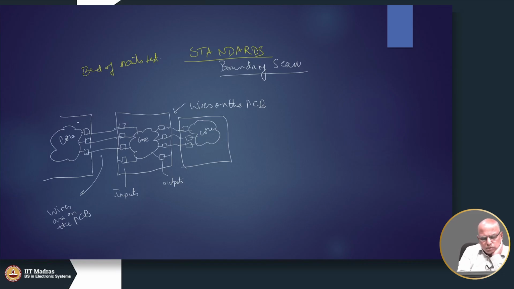So, in the normal mode, this particular core will send data to this core, and this core may send data to this core, things like that. So, they are working like this in the normal mode. Now, if I want to activate a fault here, suppose it is a digital core and I want to apply a test for a stuck-at fault here, then the ATPG tool will tell me that you have to apply